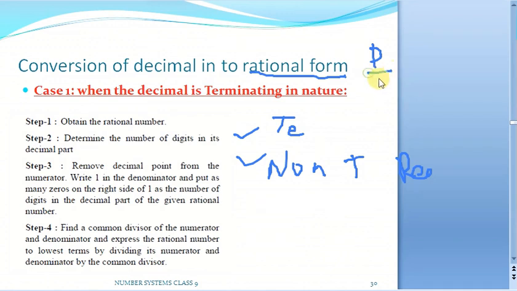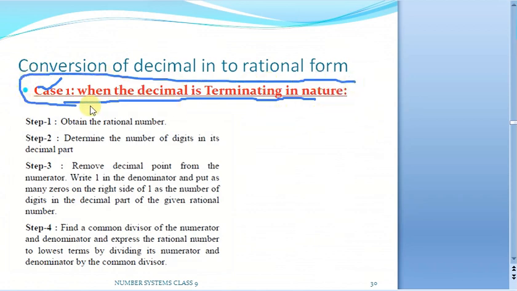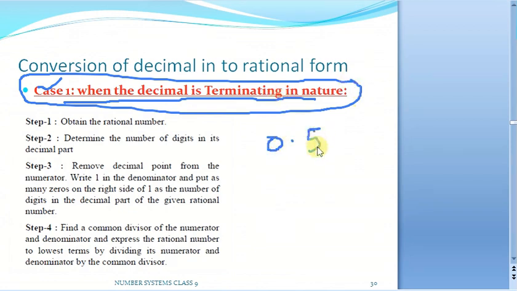So now see, the first thing we will consider is the case where our decimal expansion is terminating in nature. That means after the decimal point it will stop somewhere. Let us see in that case how to deal with it. You will have been doing this from the lower classes itself. Suppose I say 0.5. This is the decimal form given to us. How will you convert it into p by q form?